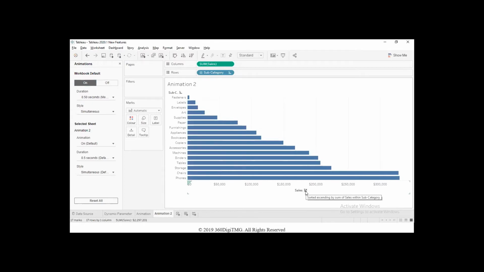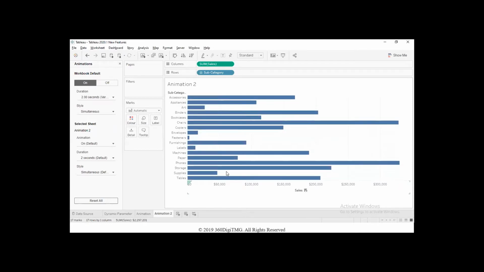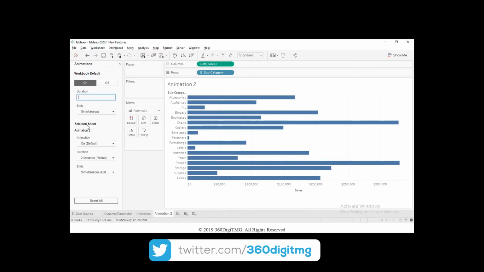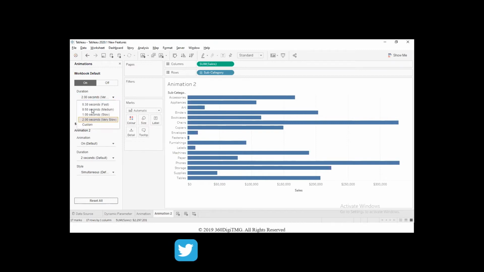This is with half a second. You can make it 2 seconds and you can see the slow transition happening. You can increase it to whatever value you want, customize it, and increase it to, let us say, 5 seconds. Okay, 5 seconds, all right. Why is it going back? Okay, let's leave it as 2 seconds.